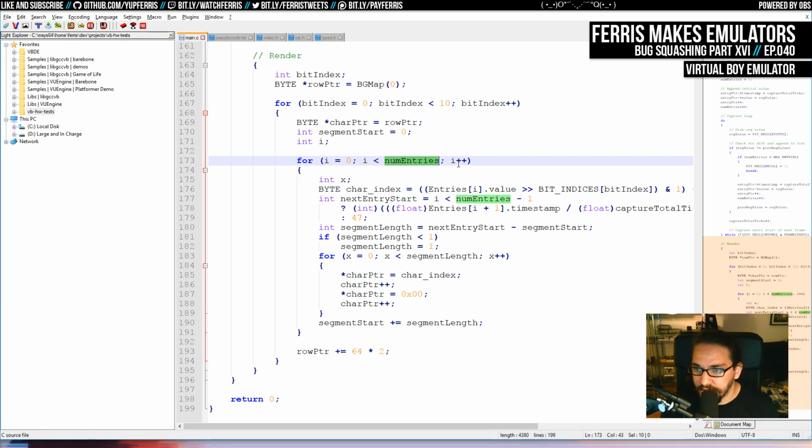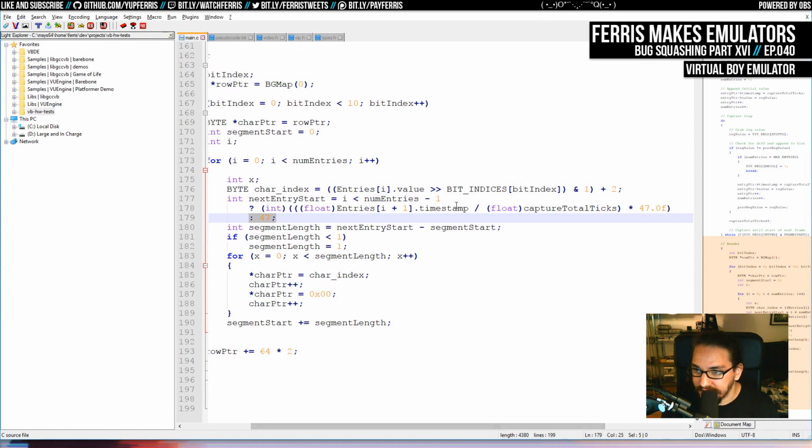So, for all the entries, this would include the first one. We basically have the start of the segment. So we grab the next stuff for the entry. We basically grab when the next entry would start. If it's the last one, we put it at 47, which is basically the last available space on the screen, minus 1. Otherwise, we're going to take its timestamp, cast that to a float,